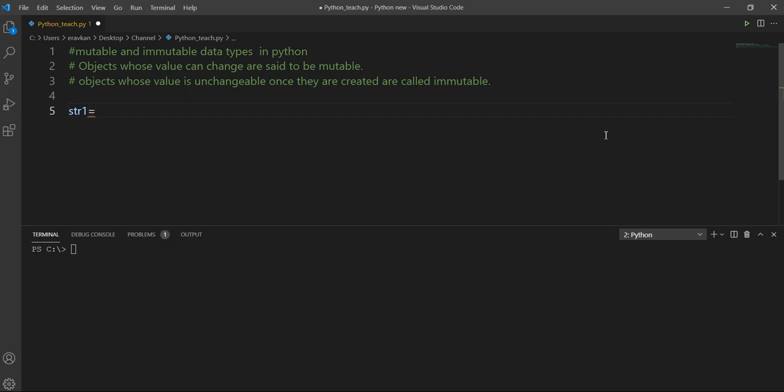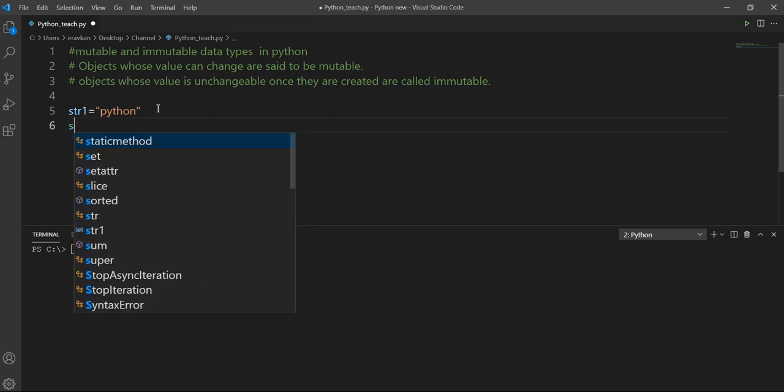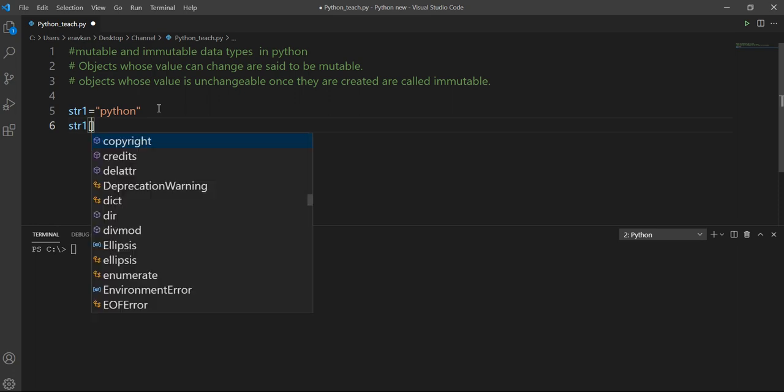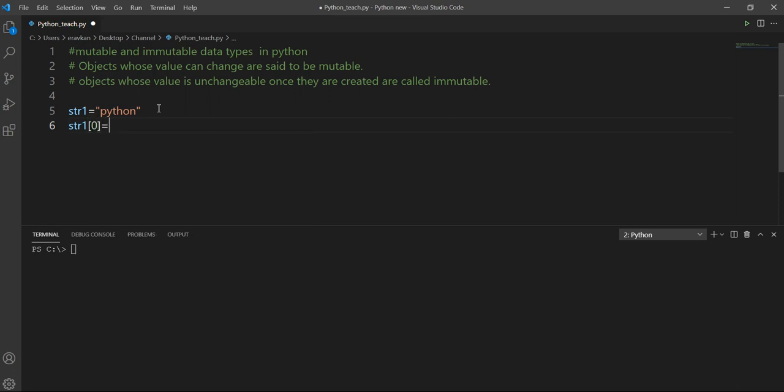If I have string1 equal to Python stored in my string variable, and I try to modify the value at the 0 position of string1 and replace P with the new value T, see what will come.